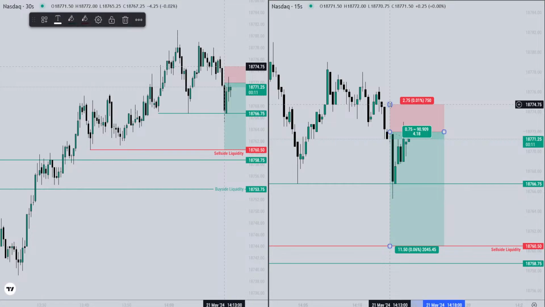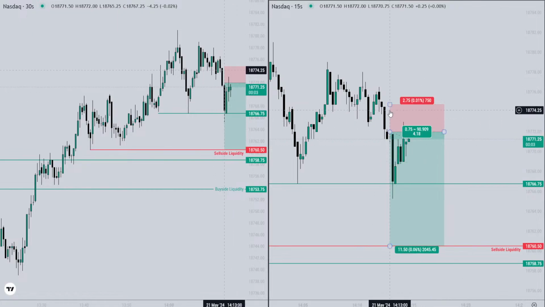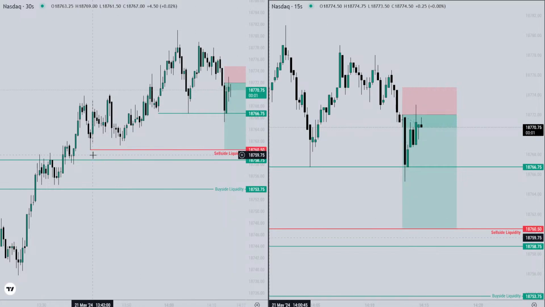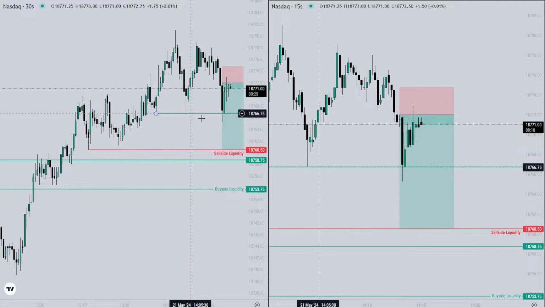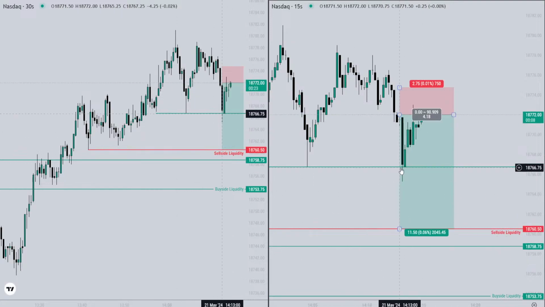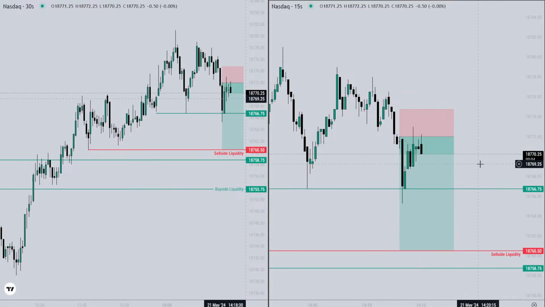A stop loss is going to be very tight, okay, just above that fair value gap. This should be your stop loss. Now this one is not obvious, but here this one was obvious. So I will write down here, boom, but I will see if it can reach over there or not.